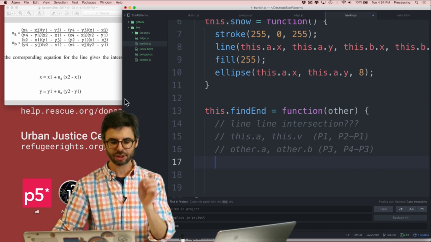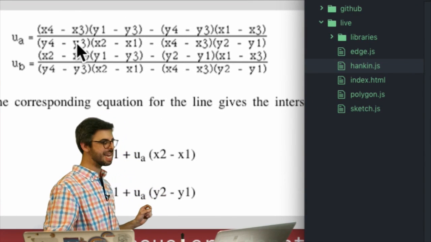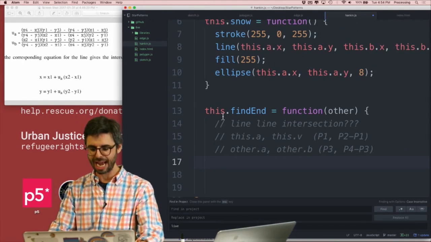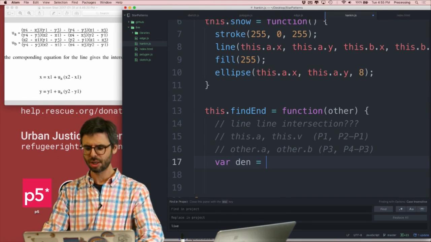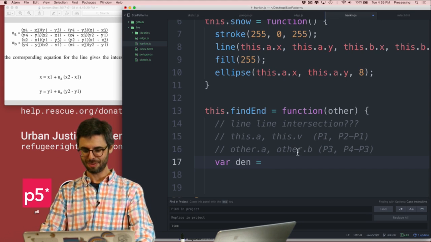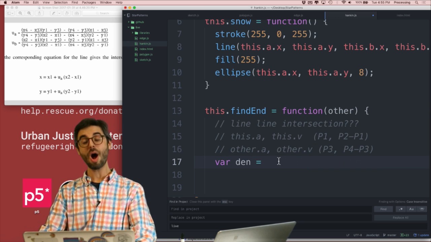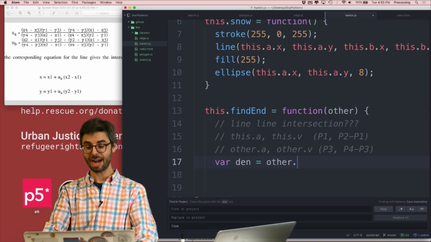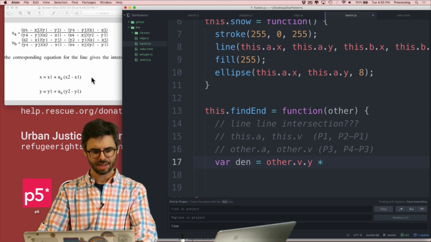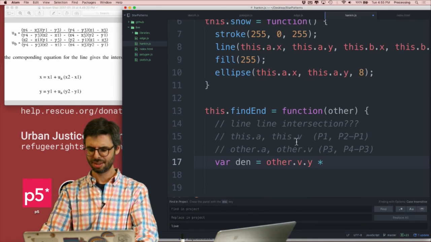The first thing I need: one thing you'll notice about this formula is the denominator on both of these equations is exactly the same. So let me compute that as one thing. It equals y4 minus y3, which is other dot v dot y. So I need that times x2 minus x1,